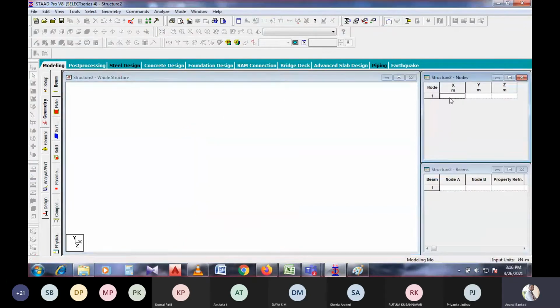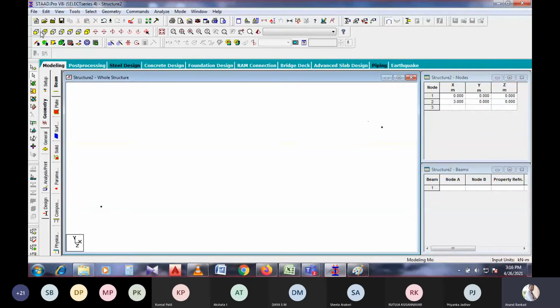Again, I will consider 0.1 and for the beam we have 3 meter length. Right? So here see 3 meter length of dimensions. So this 3 meter beam will be added over here like this. The beam is added.